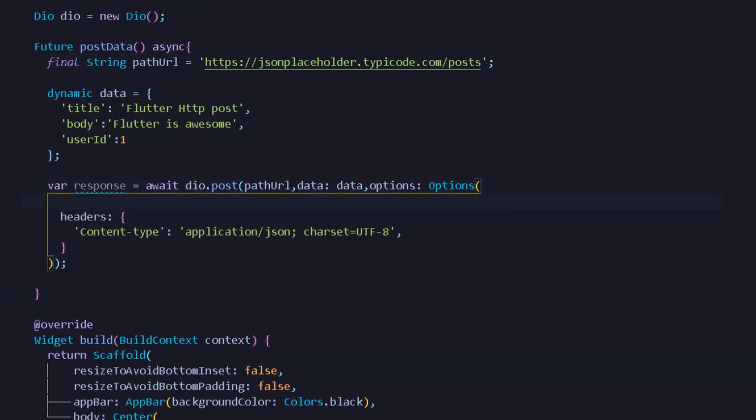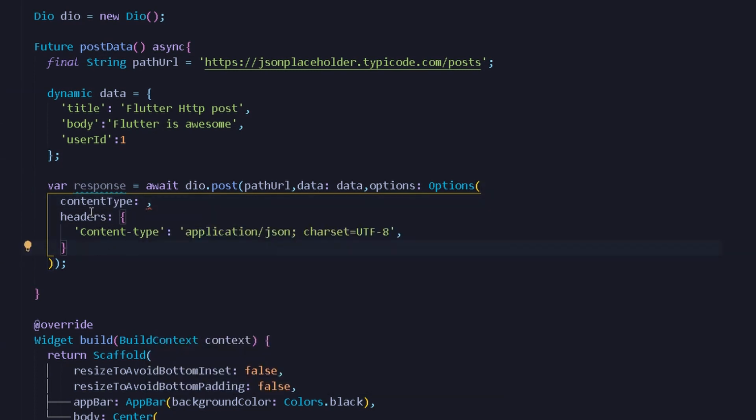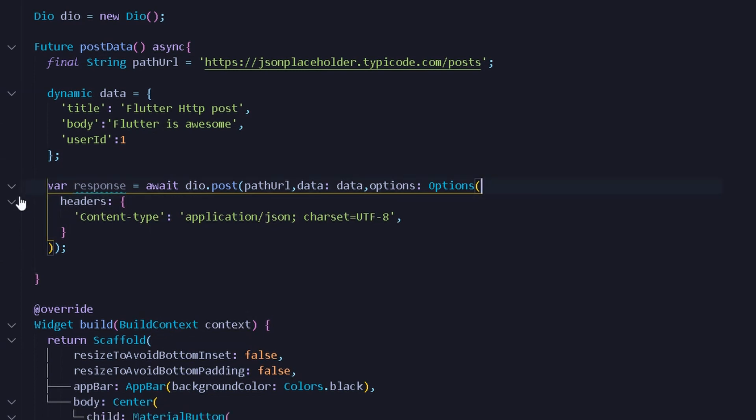But you can also give it a custom parameter of a content type, instead of the header itself. But it's good practice to include everything under the header itself, because not every time we will be using the Dio package. Many programmers prefer using the HTTP package over the Dio package. So in this case the developer always gives the content type under the header, not any custom type of header.